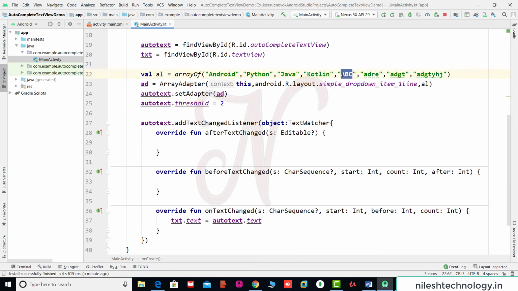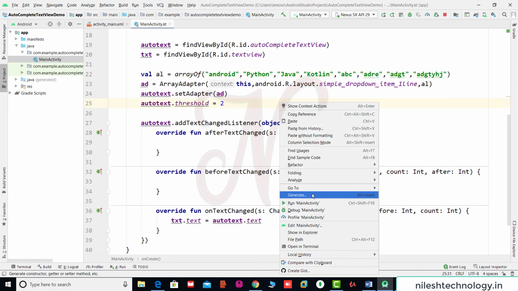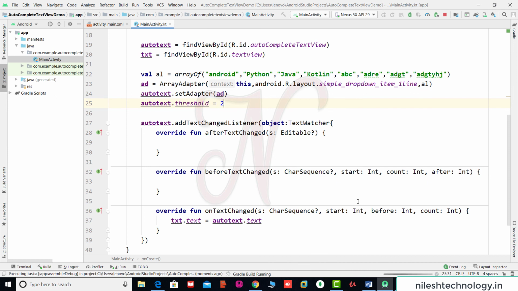So this ABC is in small case and this Android is also small case. So many strings are starting with the alphabet A. So see here, again we test this code, run main activity. So this event happens when you change your text.